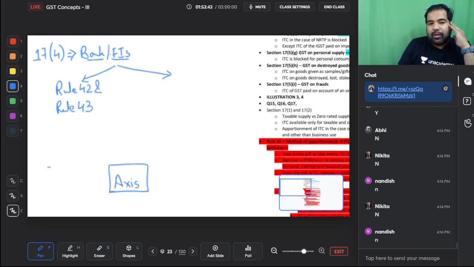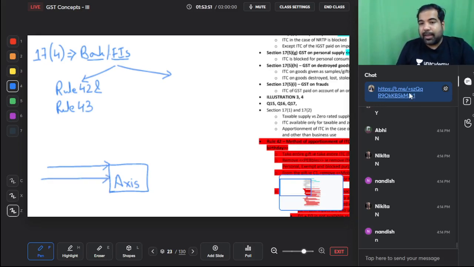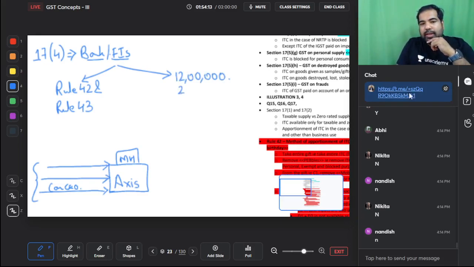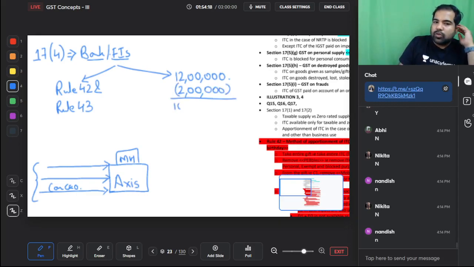and this month you have taken some input services from a CA. You have taken some services from another Axis Bank. Let's say you are Axis Bank Maharashtra, and you've taken services from Axis Bank Gujarat. And there are some other input services which are blocked. Let's say you bought a car for your CEO. So this is blocked. So they say first take all the credit. Let's say all the credit is 12 lakhs. Then from this, remove the one which is blocked. So let's say on the car there is 2 lakhs of credit which is blocked. So that gives you 10 lakhs.